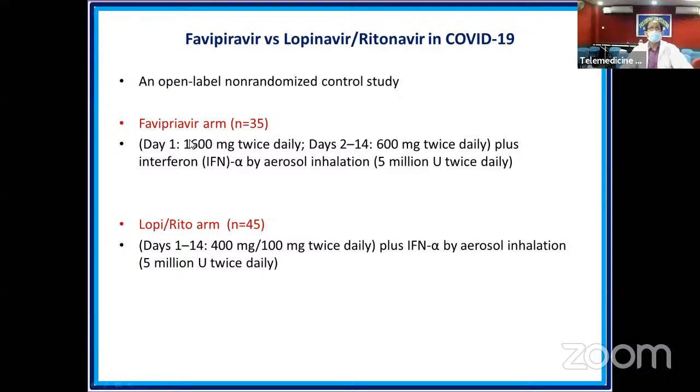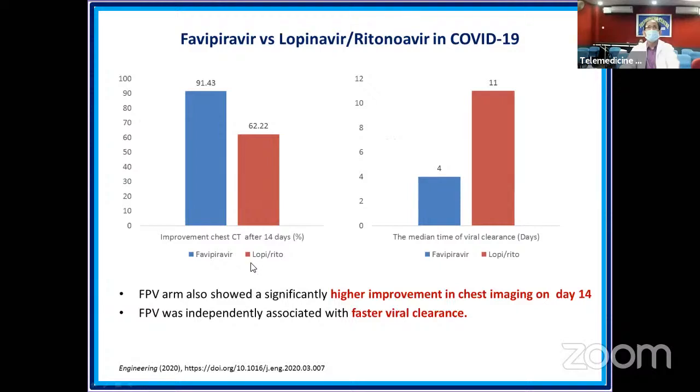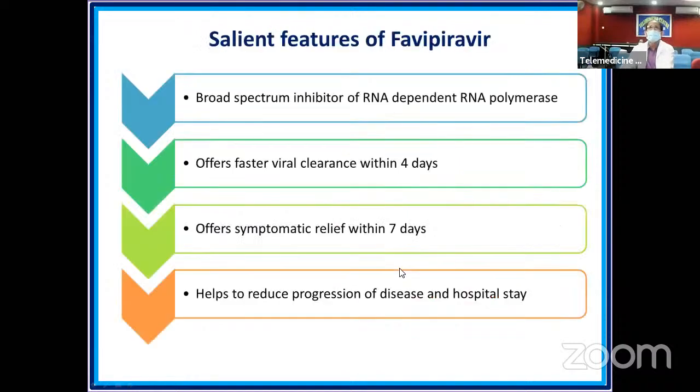But favipiravir with interferon has some better effect. Favipiravir arm showed significantly high improvement of chest imaging on day 14. It shows also faster virus clearance in comparison to lopinavir, ritonavir. So that is there. The salient features of favipiravir: it is a broad spectrum inhibitor of RNA-dependent RNA polymerase enzyme,